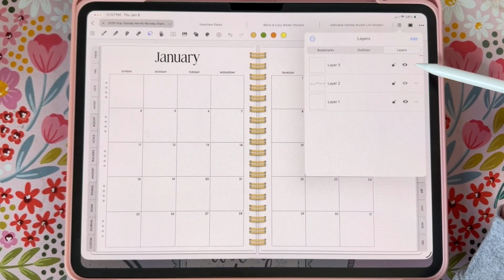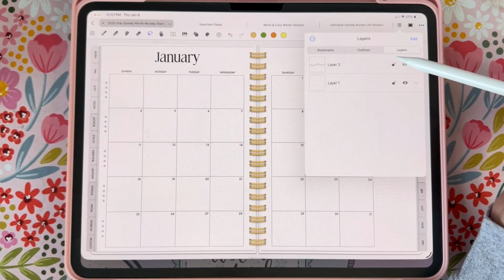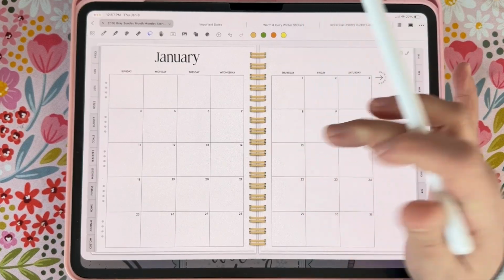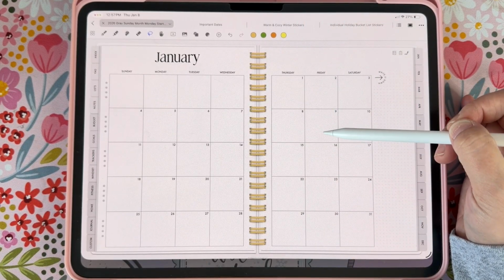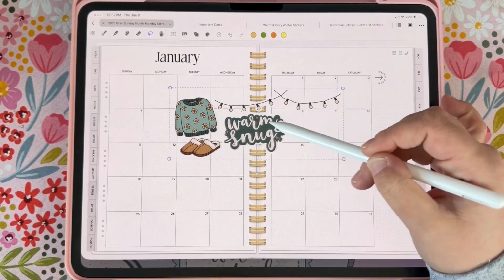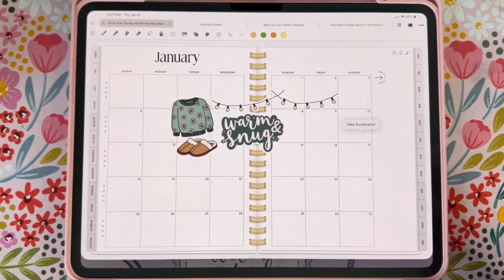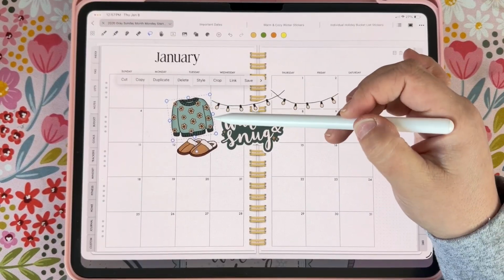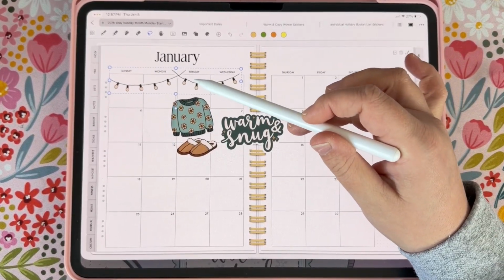I'm going to delete all these layers, only have the first layer, and then long press and paste. Maybe, no, not long press. I always get that confused. Just tap to paste. So what I would do instead, if you want to layer your stickers, you want this one